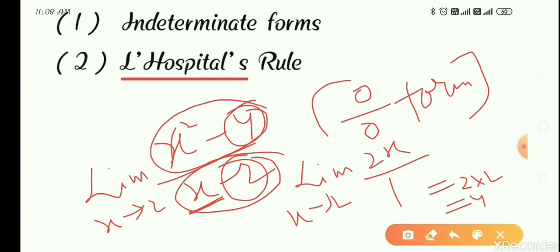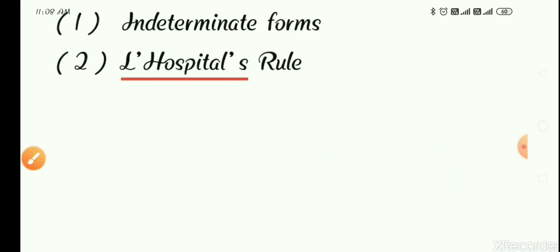Then one more time numerator and denominator you differentiate separately. And after differentiation, again you put the limit. And this repeated differentiation will be done until you don't get 0 value in numerator or in denominator. When you get other than 0 value, then you will stop the differentiation. Now I am taking some questions of exercise 9a so that this concept will be quite clear.